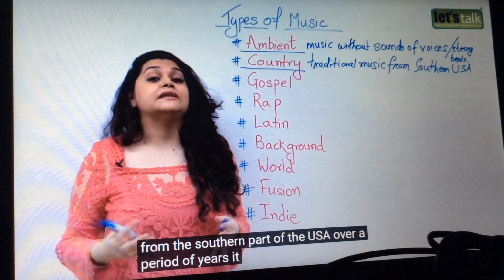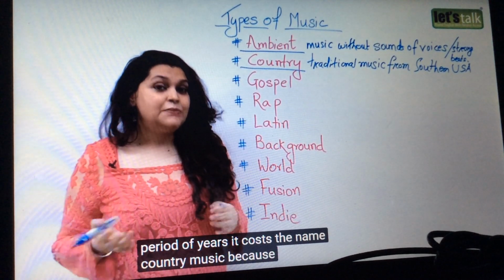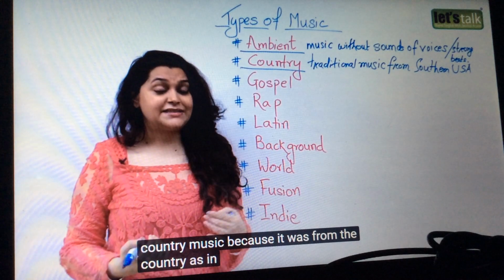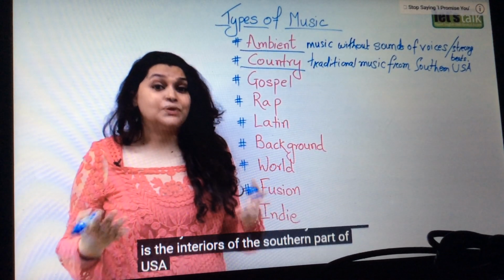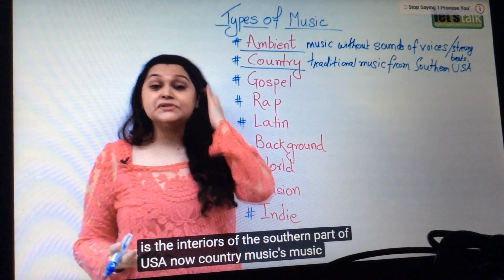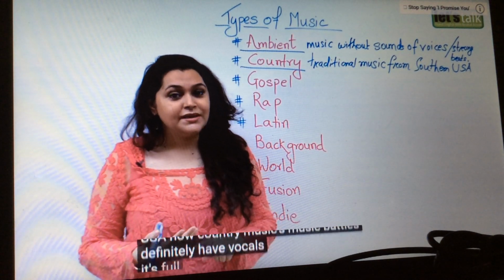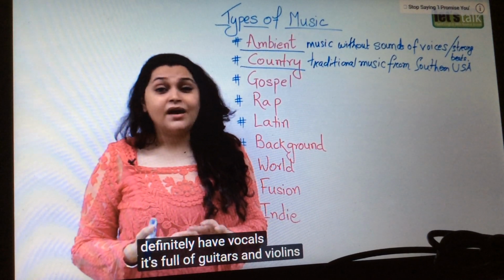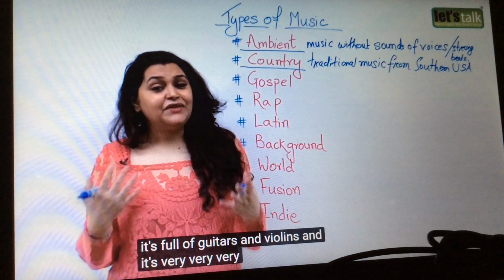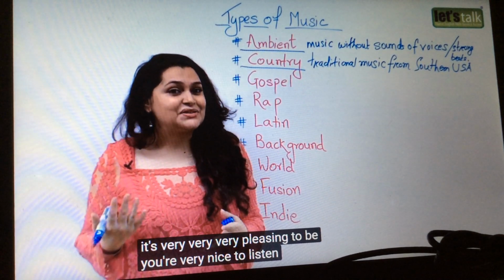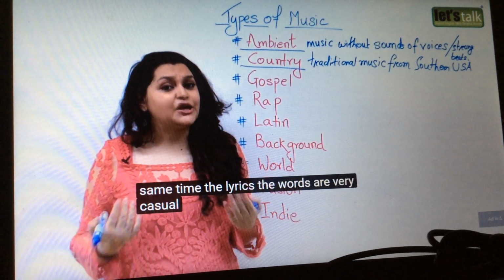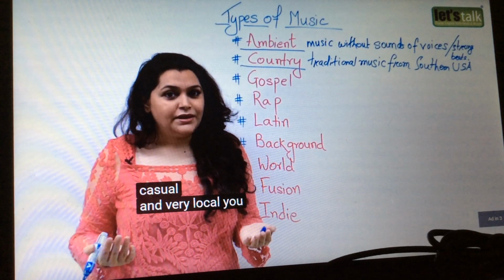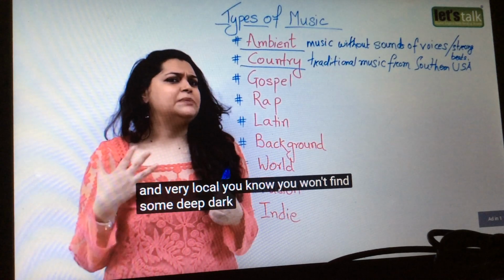Over a period of years, it got the name country music because it was from the country, as in from the countryside, which is the interiors of the southern part of USA. Now country music is music that will definitely have vocals. It's full of guitars and violins, and it's very pleasing to the ear, very nice to listen to. At the same time, the lyrics, the words are very casual and very local. You won't find some deep, dark